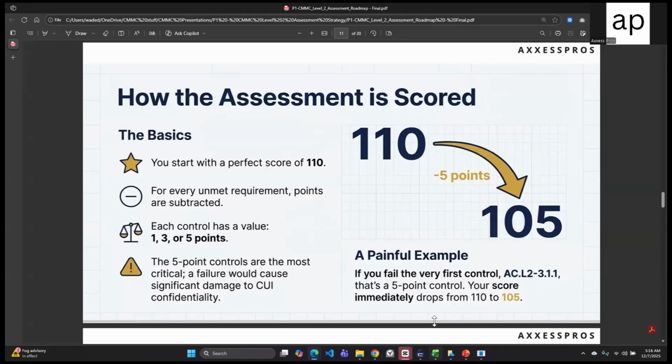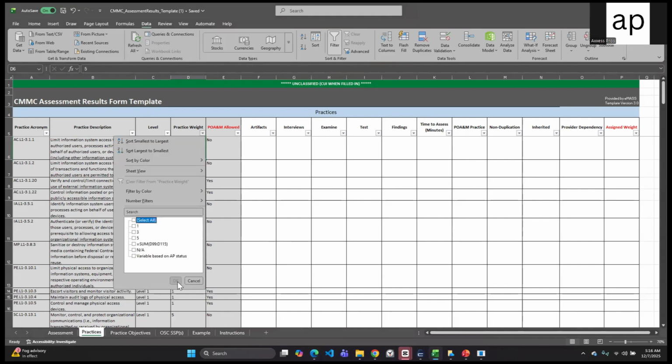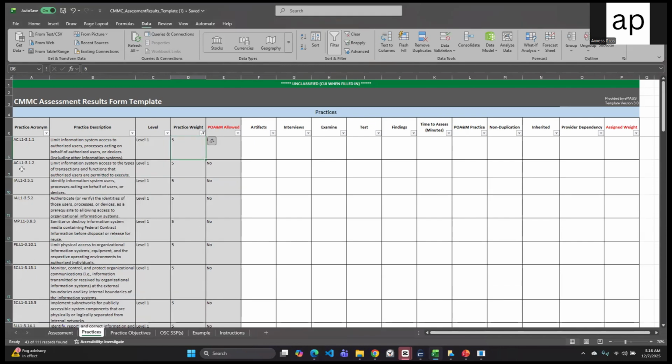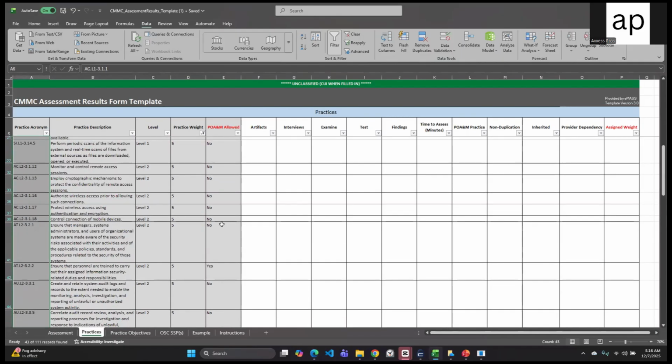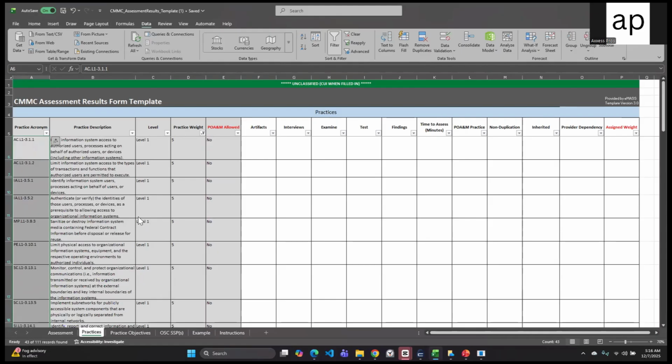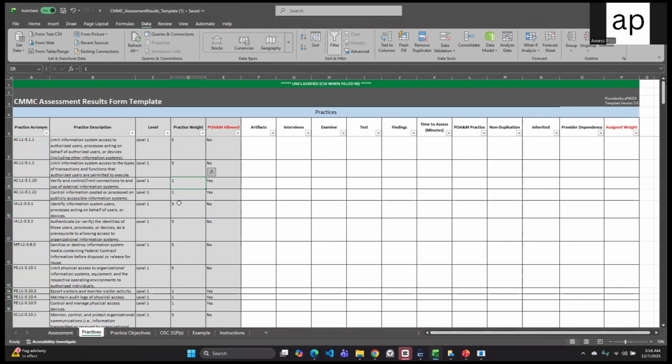So it's important that for all those key 5-pointers, from AC I think in total there are about 43 of them, you make sure you get them right. It's important that you pass all those 5-pointers. Those 5-pointers are incredibly important, right? So as you walk through this,